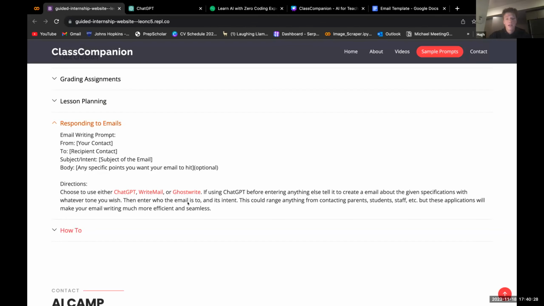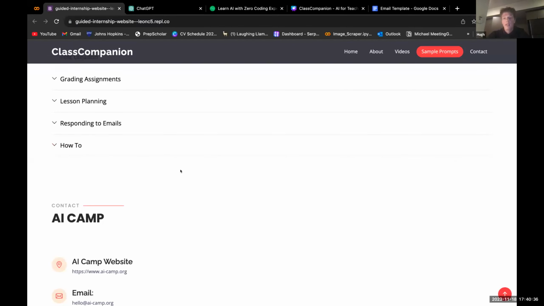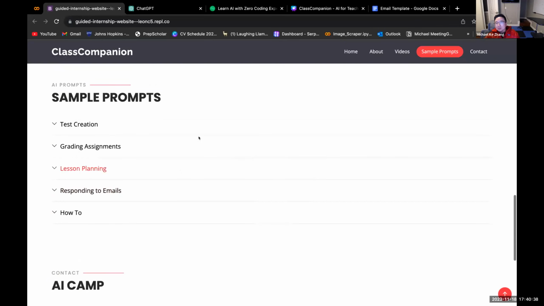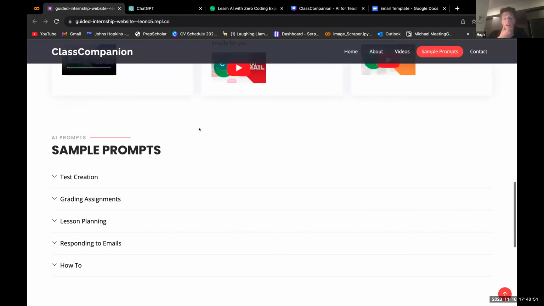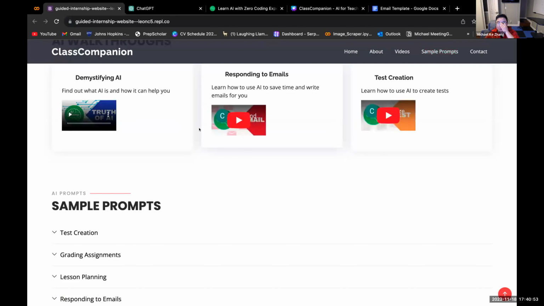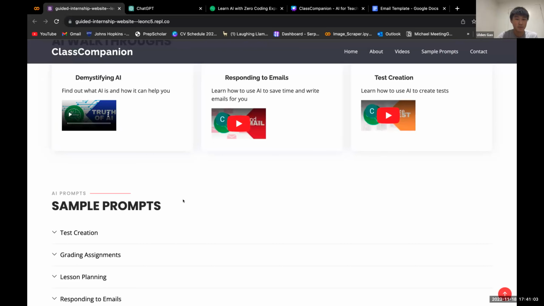And then we have this little how-to section saying, this is how you start up with these prompts, even though there's specific directions just underneath. It might be helpful to add a few examples, because teachers might not understand, for example, that you don't just use the prompts, but you have to copy and paste the student's assignment in there. So it might actually be helpful. Yeah, I believe it didn't make it on the website, but we actually do have video tutorials demonstrating actually using some of the prompts. Got it.